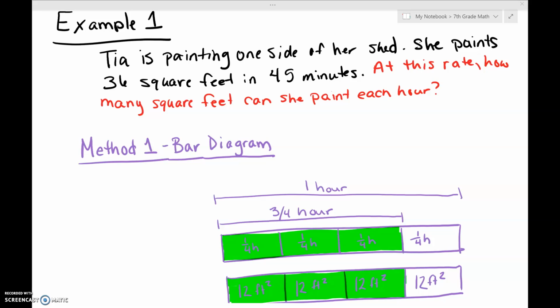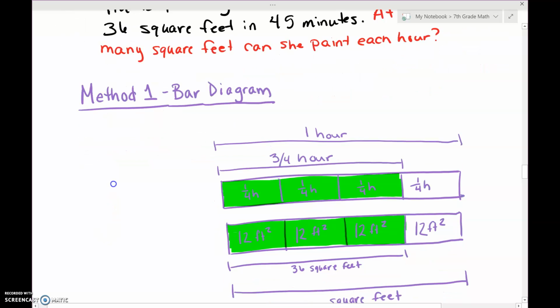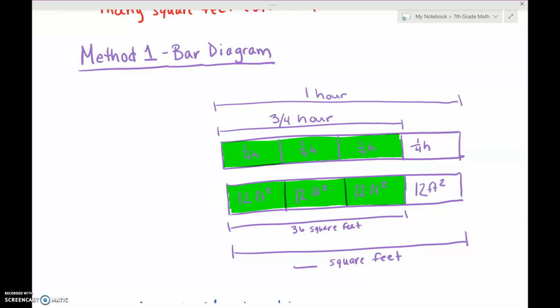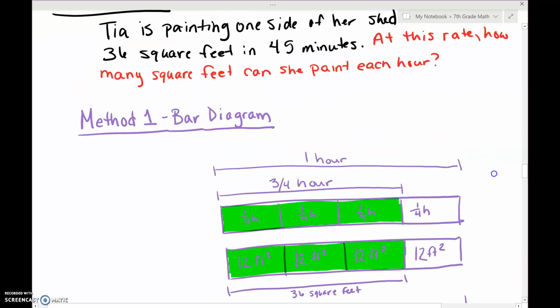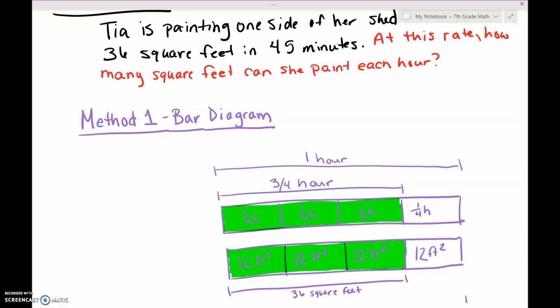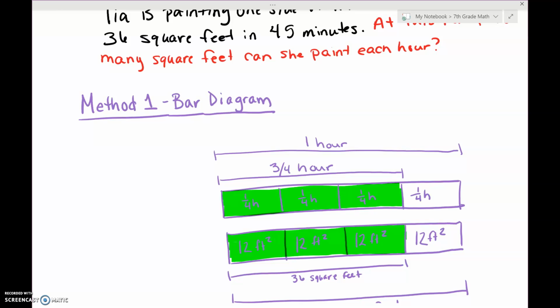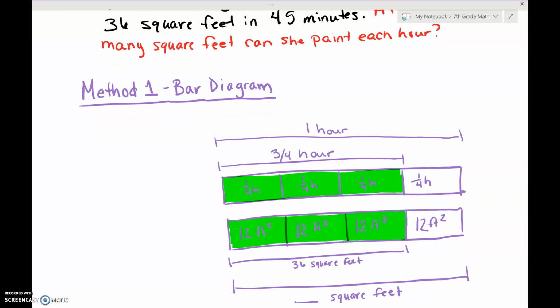Well, just like yesterday, we're going to use the bar diagram. We're going to use a bunch of different methods. So the first method we have here is the bar diagram. So on our bar diagram, I drew up my bars. It told me that she paints 36 square feet in 45 minutes. Well, why do I have a quarter here? If I'm doing a clock,